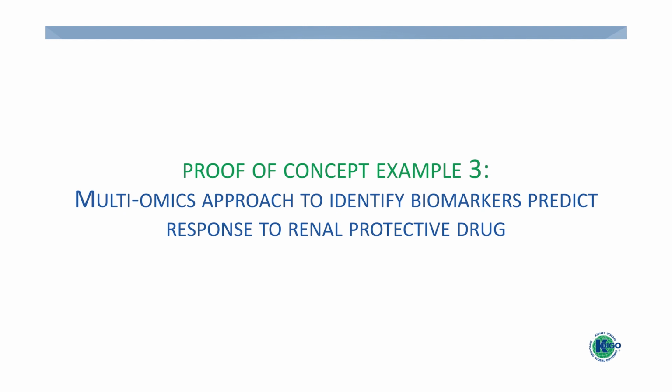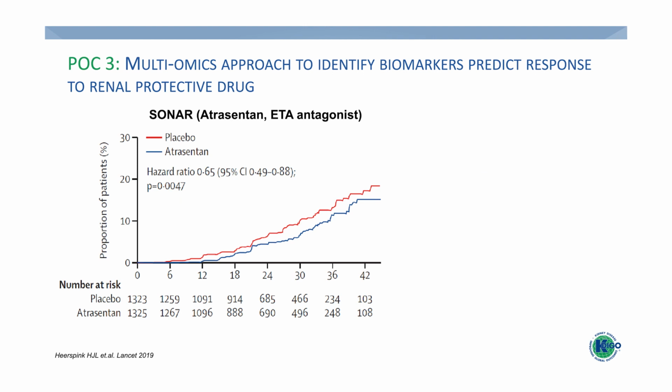predict longitudinal outcome. As many of you already know about the SONAR trial, in it the doctors used atrasentan, which is an endothelin receptor antagonist, to treat patients with diabetic kidney disease. This drug has been shown effective in phase 2 clinical trials and in preclinical models in reducing proteinuria, fibrosis and inflammation. So in this trial, we can see atrasentan treatment significantly reduced the risk of progression in those diabetic